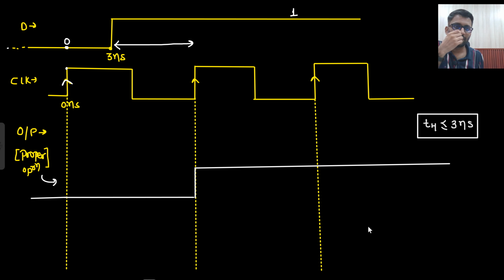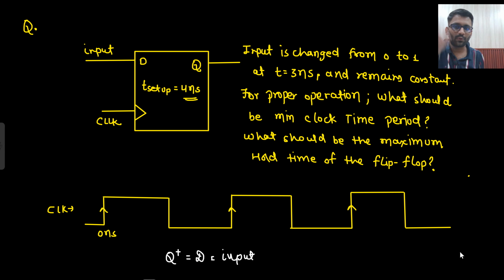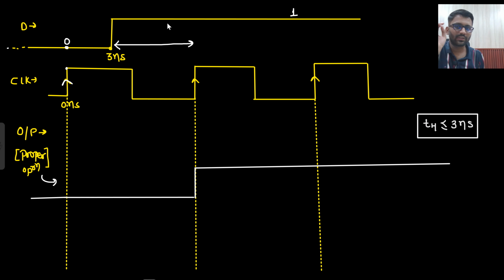my input is stable. Now my given setup time is 4 nanosecond, okay? Let's just say this window was 3 nanosecond only. Then what would have happened? The clock would look back for 4 nanosecond because the given setup time is 4 nanosecond. So here it will be looking, and here what it will see, that it was 1, 1, 1, 1, then it is becoming 0. So setup violation is there,